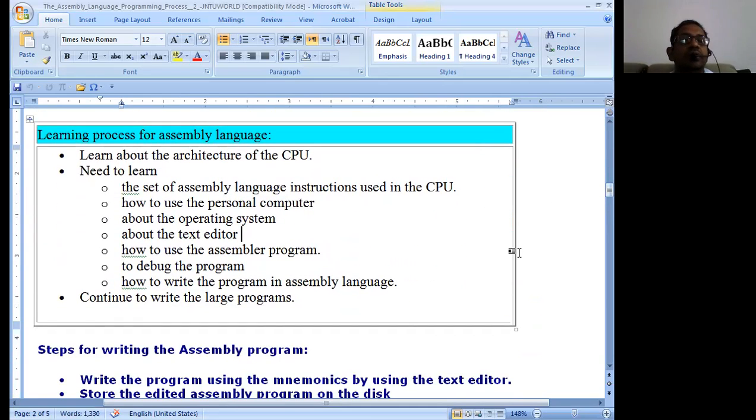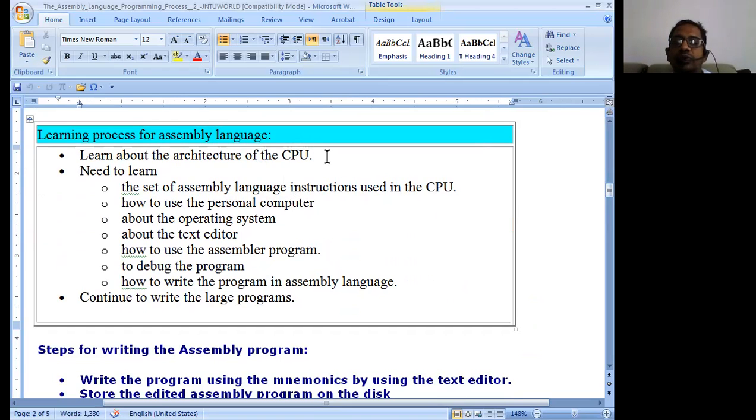So, the learning process for assembly language, that is, for writing a program using assembly language. What is the learning process which we need to have? You should learn about the architecture of the CPU. That means you should know the programming model of the 8051 microcontroller.